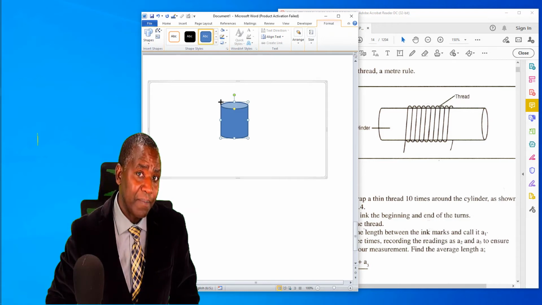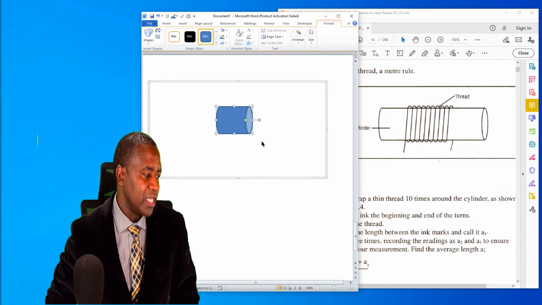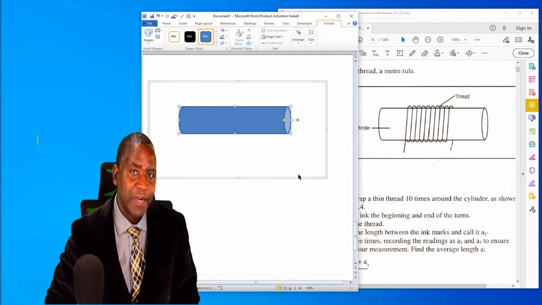My cylinder appears there. Now I want it to be horizontal. You will search for this green handle over here or green dot over here. You click on it and then you drag to the right. When you drag to the right, it starts rotating. When you drag to the left, it rotates in the anti-clockwise direction. So it depends on what you really want to do. So there it is. Now I want to make it a little bit longer. I can grab this section here, pull back, or this section, pull in front there. I can make it a little bit thinner or a little bit thicker. It depends on what I'm interested in. So I've got my